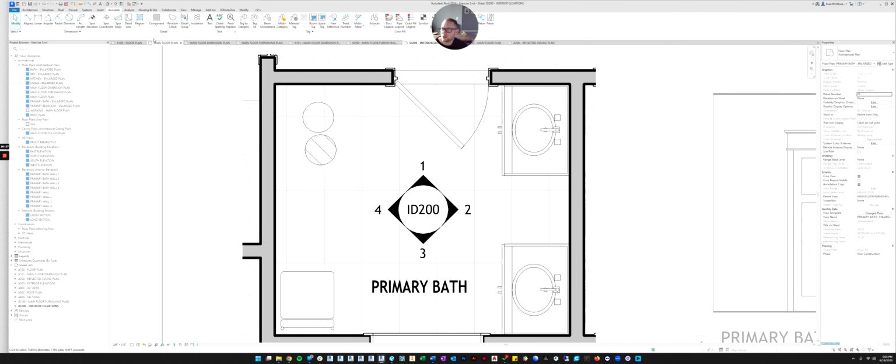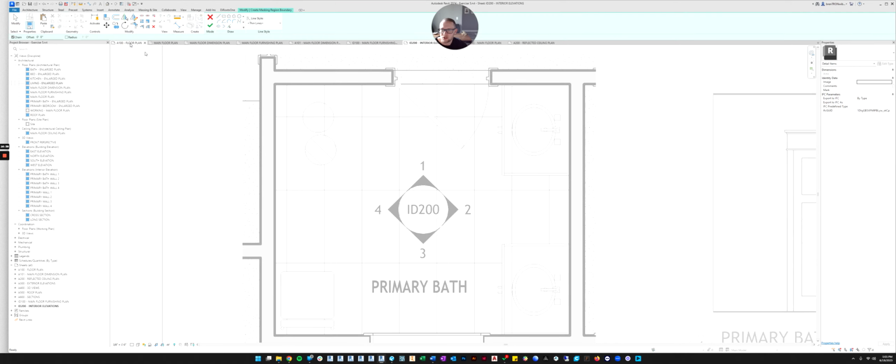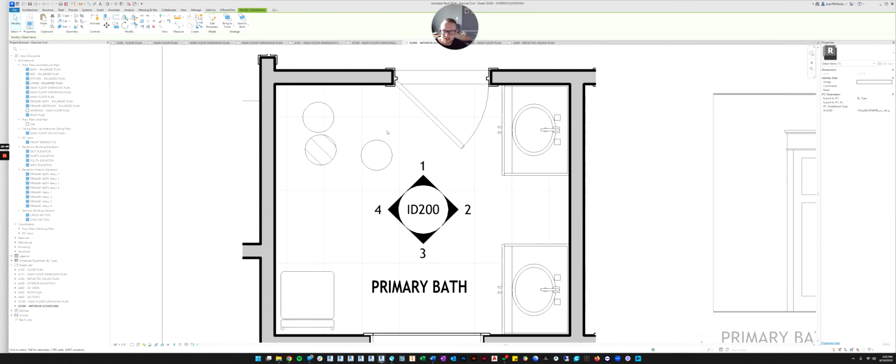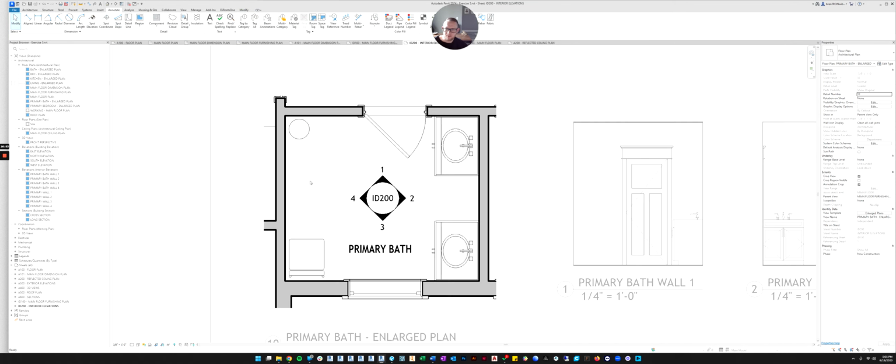The next thing you can learn to do is, besides a filled region, which is the top one, there's also a masking region. So if you wanted it to just be white, you could do a masking region. So let's do that same thing, 5 inches, and finish the sketch. Now it's just filled with white instead of a pattern, which is probably what we want. So we'll delete all this, and we'll just put the garbage can right there.